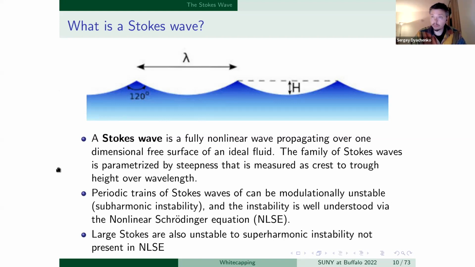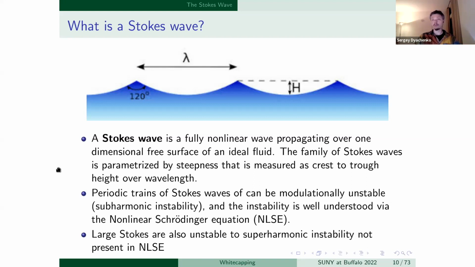So it's now called the Benjamin-Feir instability. I think it's a result from 1967: experimentally it was found that Stokes waves are unstable. And then in the work of 1968, Zakharov showed that the mechanism of the instability of trains of Stokes waves essentially can be understood as the modulational instability that occurs also in the nonlinear